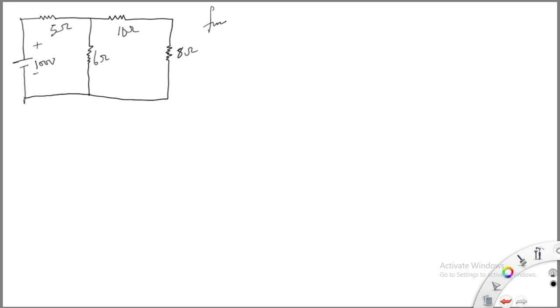Let's now dive deeper. Find the branch currents and voltages by applying